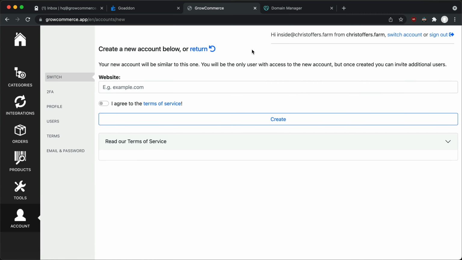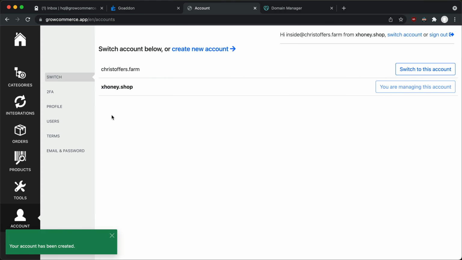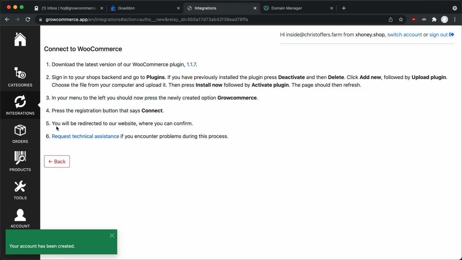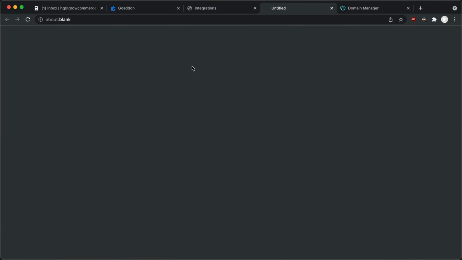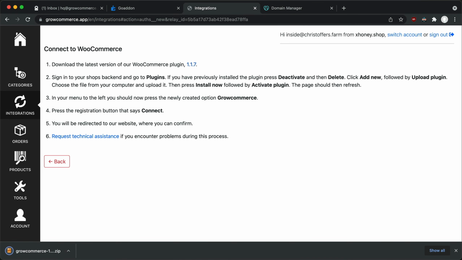Since I'm also a beekeeper, I have another shop called xHoneyShop. I'll use my existing user to sign that shop up for GrowCommerce as well. While Christopher's Farm is powered by Shopify, xHoneyShop uses WooCommerce. To enable this integration, the merchant needs to download a file, which is branded GrowCommerce, onto their desktop. The merchant needs to visit their shop,